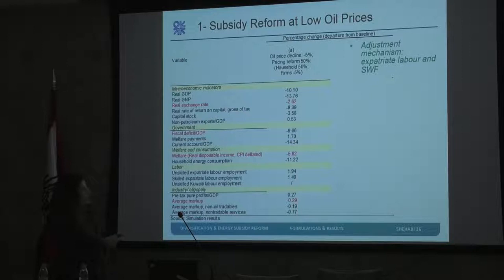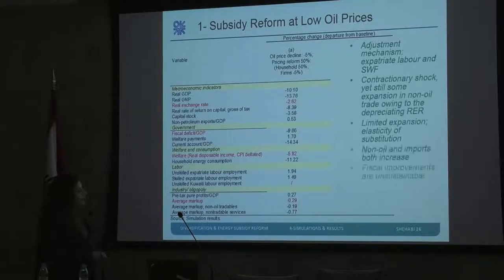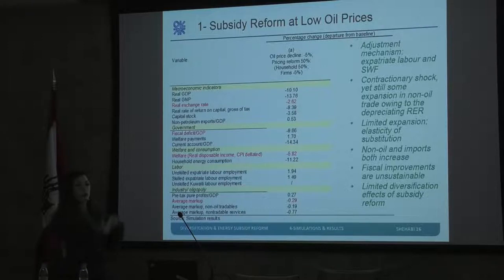And it is this that should basically drive a lot of the expansion of the non-oil exports, and also make imports more expensive. But what we actually find is that it's not there. There's a very small expansion in non-petroleum exports as a percentage of GDP, less than 0.5%, so that's quite small. And we also see that imports actually rise because this expansion is labor intensive, so expatriate labor employment increases, but also for inputs, there's not a lot of input that is produced locally; a lot of that is